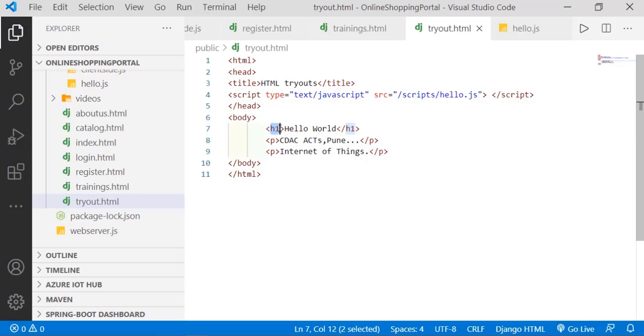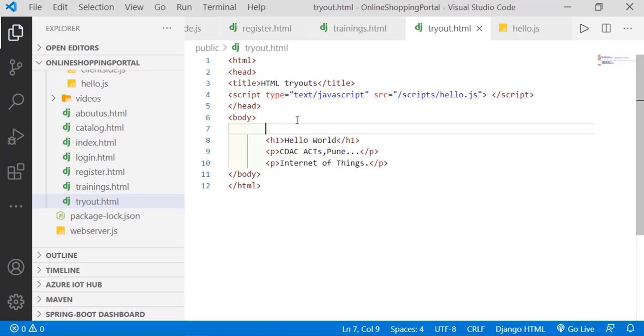Every HTML element is part of a library of particular elements, and to understand it we need to understand the structure, the grammar of that particular element. What is the grammar? It says an HTML element is defined by name and attributes.